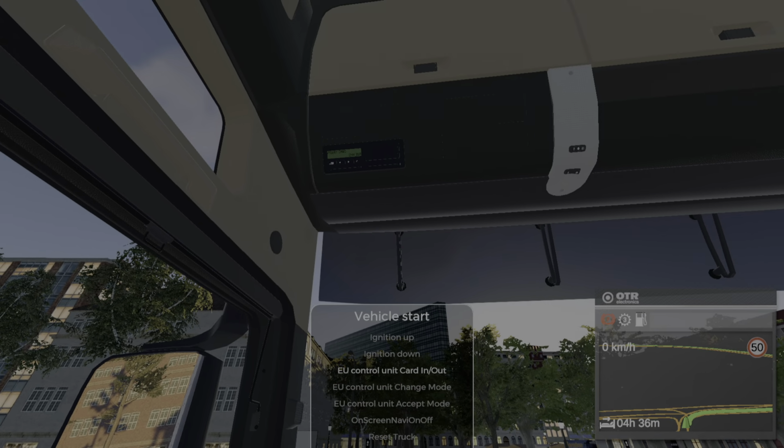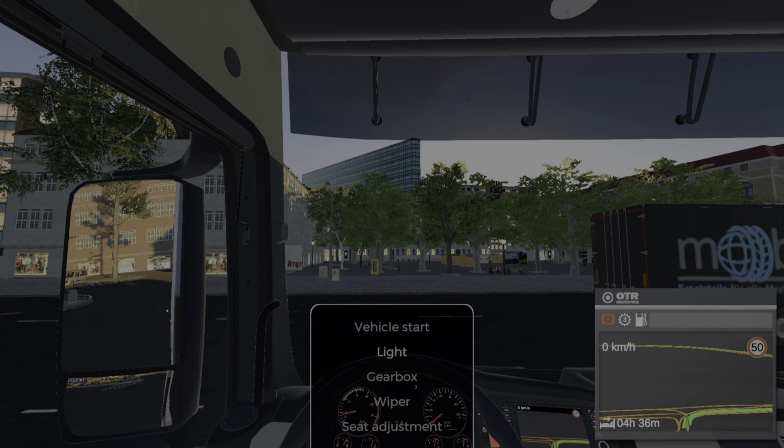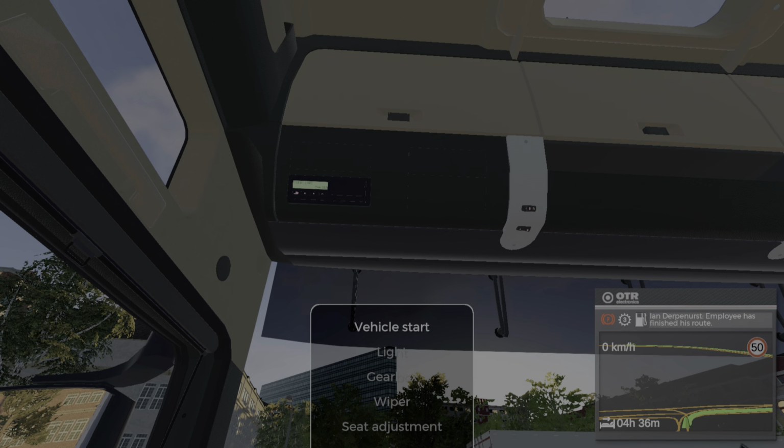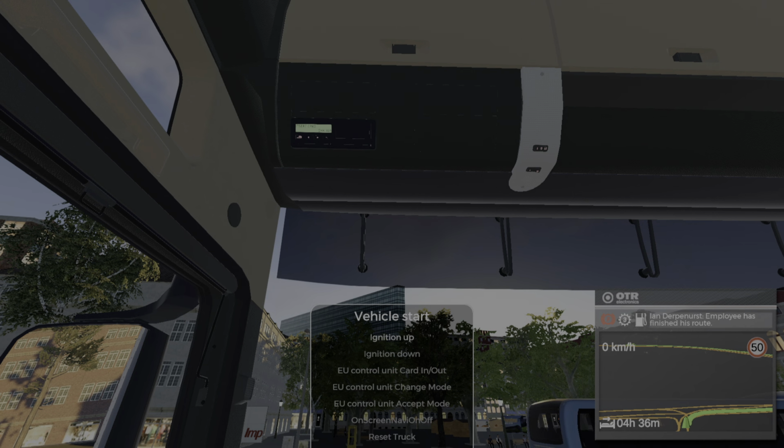Let me just actually change the lights on that and put the lights up, because that lights up that taco system up there. Now, you do have to squint a bit at this, but that display does change when you've put your card in, because at the moment, if I look closely at it, it's saying insert card. So I come down to EU control unit card in out. The card is in. Then if I change mode